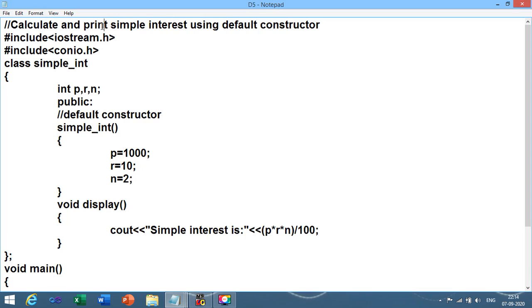Calculate and print simple interest using a default constructor. For that we have taken 3 variables P, R and N, and we have initialized the values of all 3 variables. Then we have applied the formula over here.